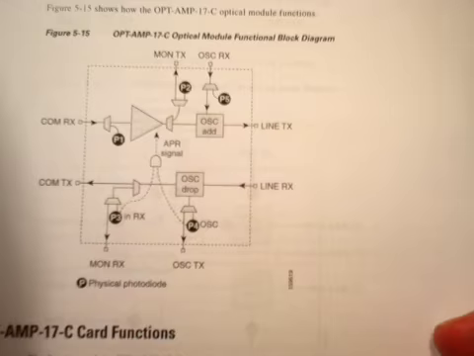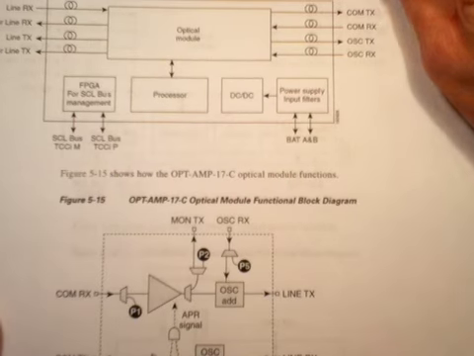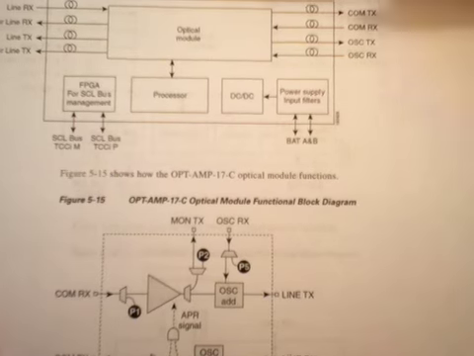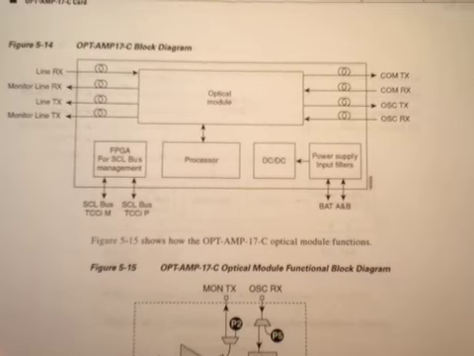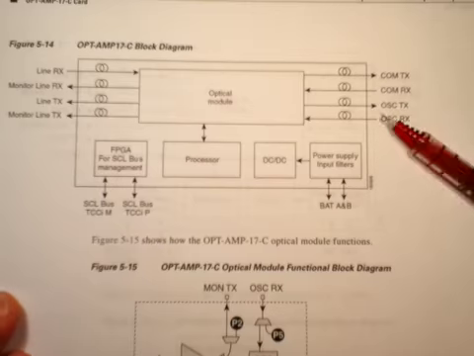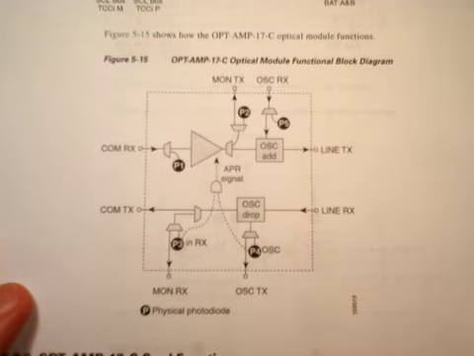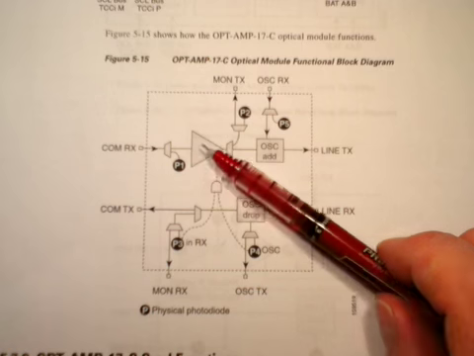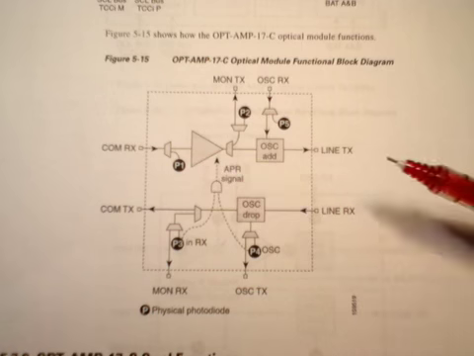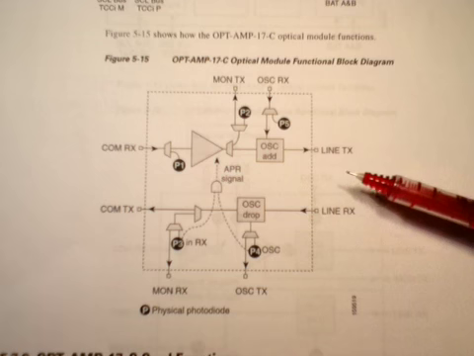Okay. Here is the Amp 17C block diagram. So this is yet a different one. Oops, sorry. And this one has 8 optical ports with electronic control. Let's see what the block diagram of this one looks like. This is another variation. In this one, we only have 1 optical amplifier, so we do not have any mid-stage loss elements. We can't put dispersion compensation in